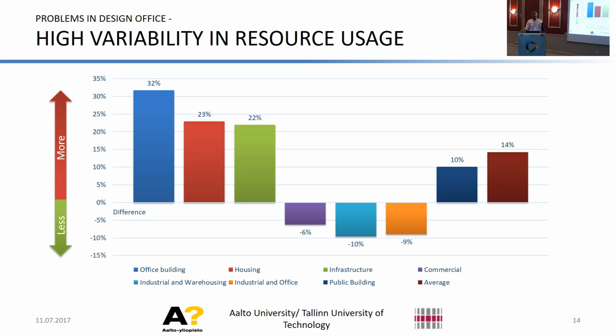In the company, they had a large variability. You can see that in most types of projects, they spend more time designing than they had initially estimated. And only in 3 types of projects, they spent less. In the industrial and warehousing project, they spent less last year only because they basically did a copy-paste from one project to another, and they saved like 60%. And that skewed the numbers a little bit. But on average, they spent 14% more time on every project.